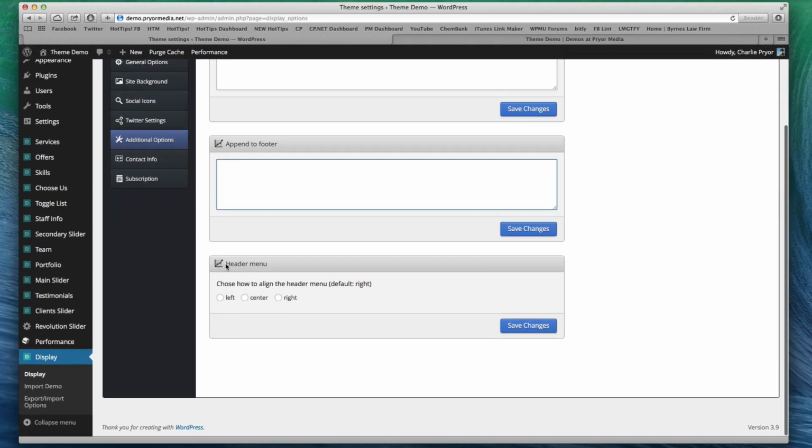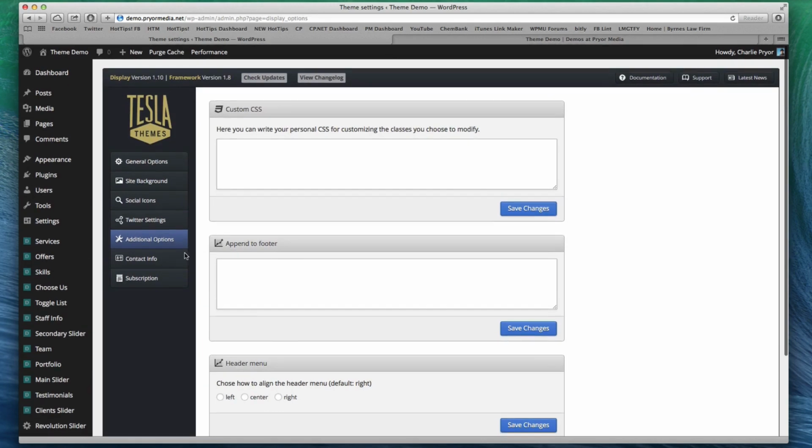And then the header menu is right here, and you can choose whether or not you want it aligned to the left, center, or the default right. Pretty much it. Now, let's take a look at the contact info, because again, my contact page, like I said,